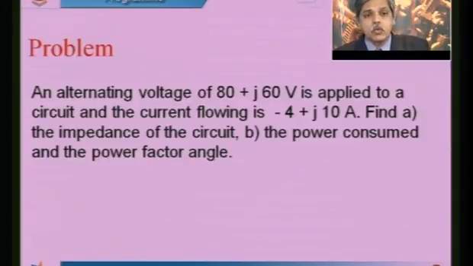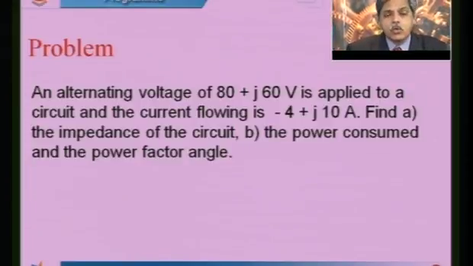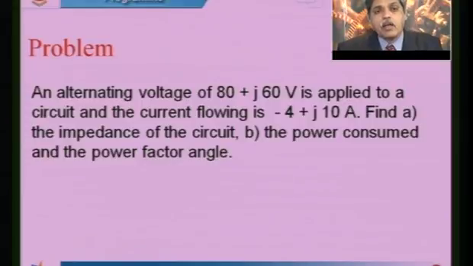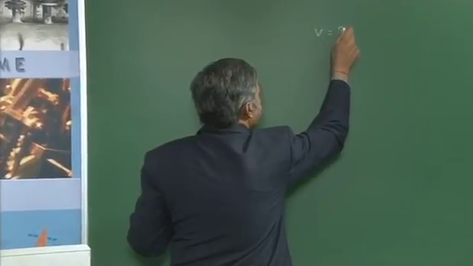When I convert this voltage V, which is 80 plus j60, to a polar coordinate system, I can use the Pythagoras theorem, or I can also use a calculator in converting from rectangular to polar form. I will also show you one or two slides on how to use the calculator for these conversions. But before that, I would like to try this problem on what is appearing on the screen. First, I will take this voltage V, which is 80 plus j60.